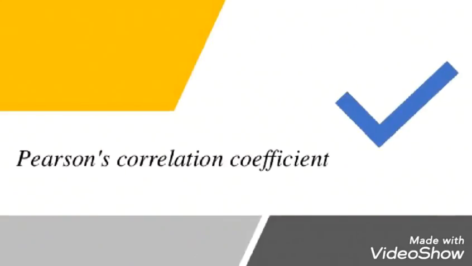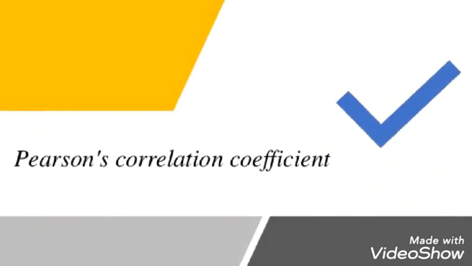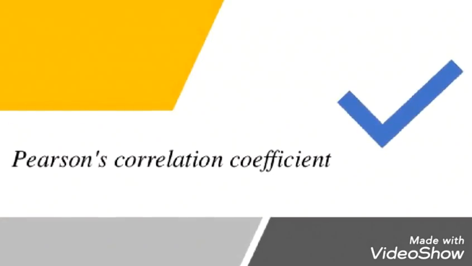Morning, students. Today's class topic is Pearson's correlation coefficient. So this correlation coefficient is very important in research to show the relationship between variables. Whenever you are selecting a problem statement, there is always a variable present in your problem statement, and it